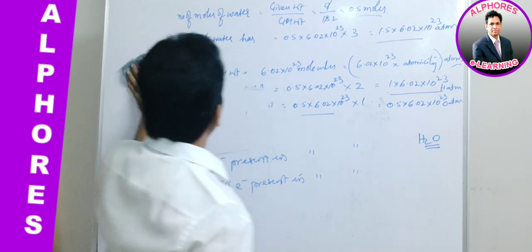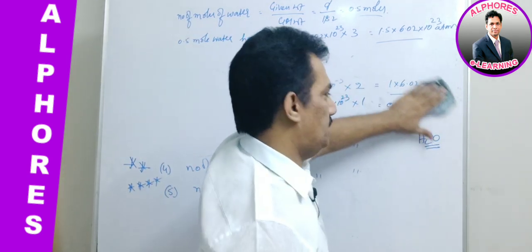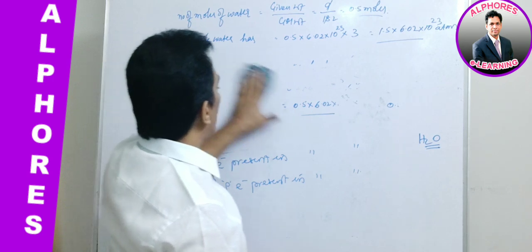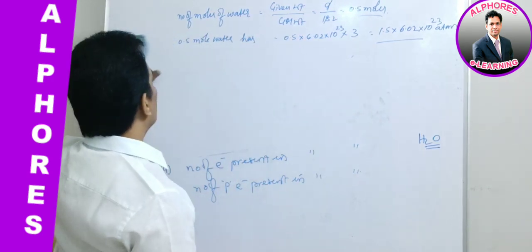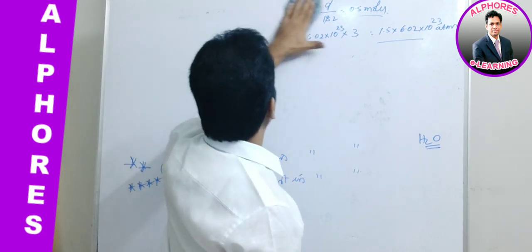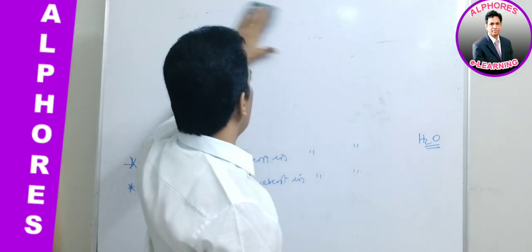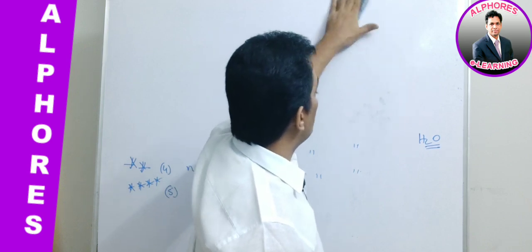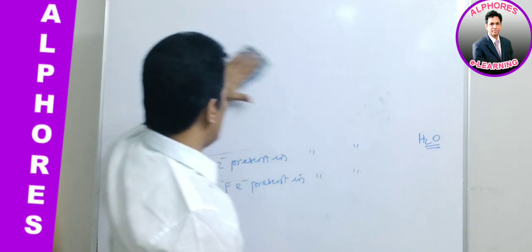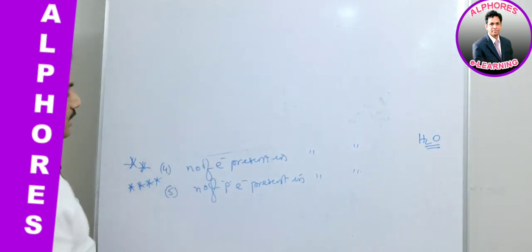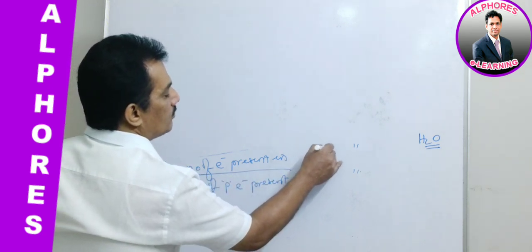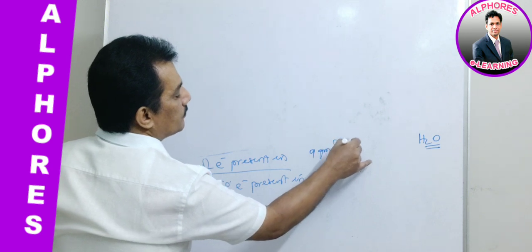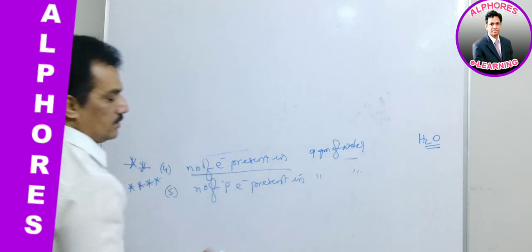Like that. And now coming to the complex mode. Here, how to consider this? It is also a similar manner. Altogether the concept here is, first we have to find the number of molecules present in the given weight, and thereafter the number of chemical species present in each molecule. Here let us consider the number of electrons present in 9 grams of water. The question is like this.